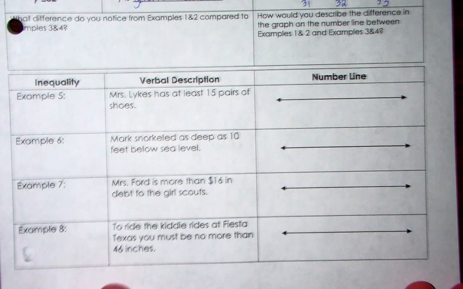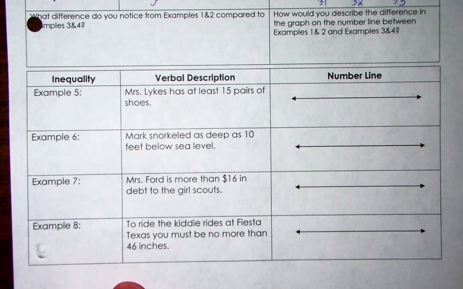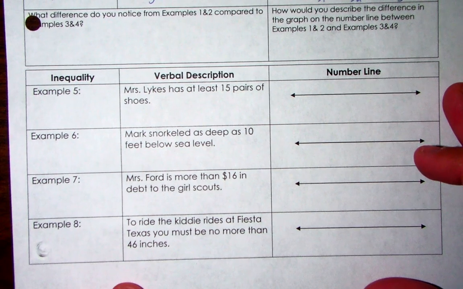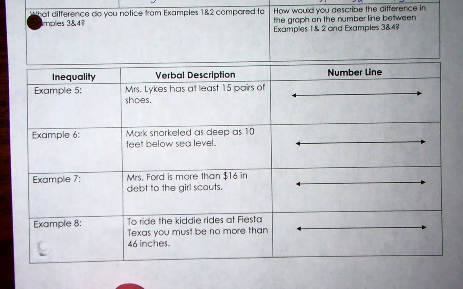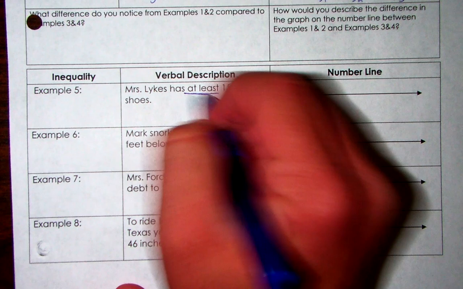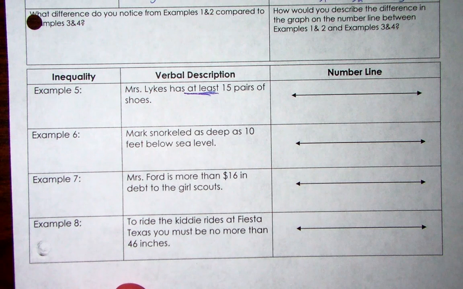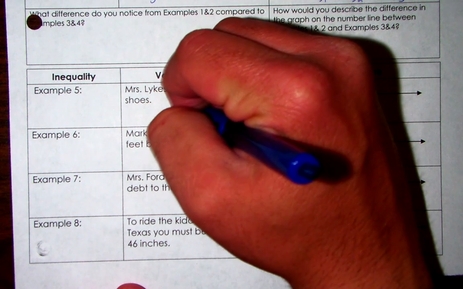Okay, very bottom. You have your inequality, the verbal description. Ooh, so we're going to have to come up with an inequality. Miss Likes has at least. Ooh, do y'all remember what at least means in your vocabulary words? It means she can have exactly 15 pairs of shoes or